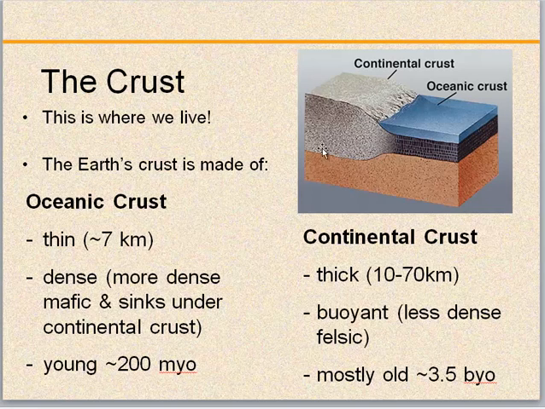Continental crust is a lot thicker, up to 70 kilometers. That works out to about 40 miles thick. That's where the mountains are. The higher the mountain sticks up,